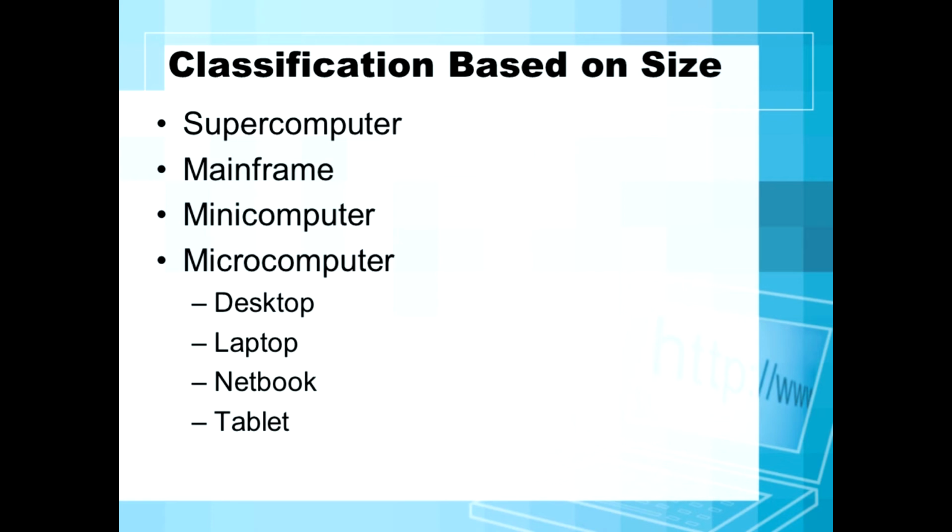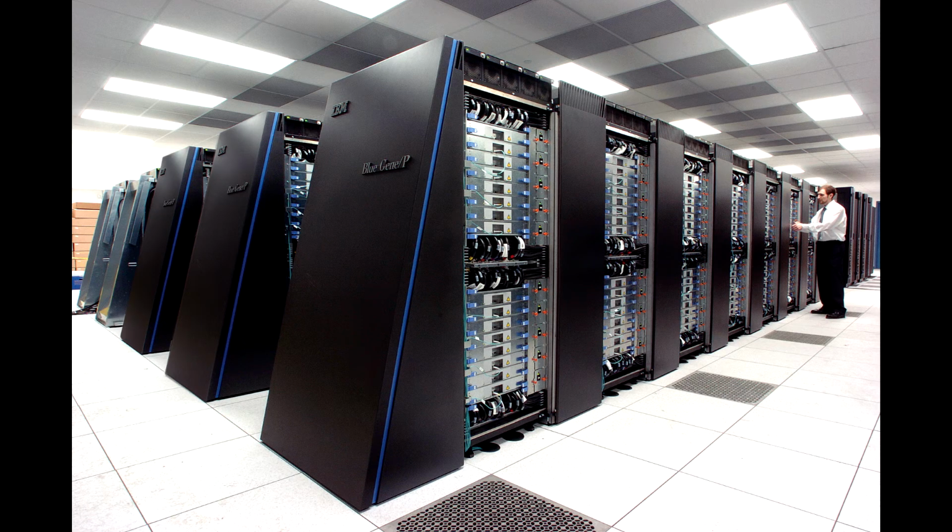First one is supercomputer. A supercomputer is a computer with very high speed and memory. It is huge in size, covering a room. It is the most expensive computer. Means what happens, just imagine our classroom, that supercomputer will be our room size, a very big computer. It will have a very big storage memory.